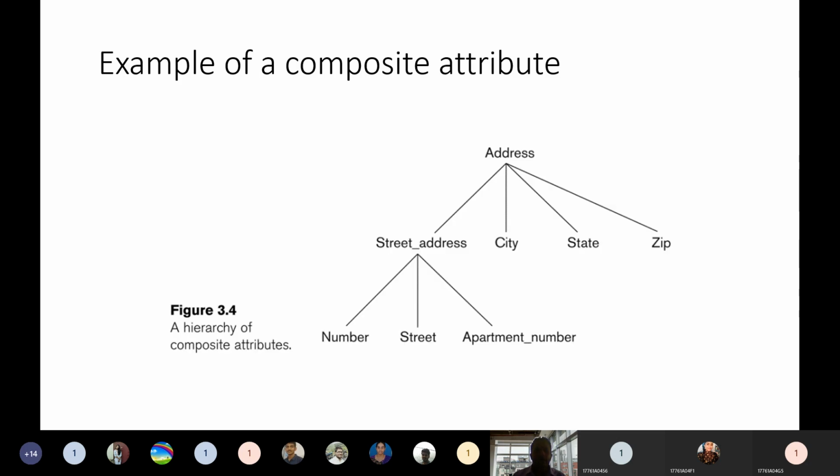So if you look at an example for a composite attribute, address is an example. In composite attributes, there is a hierarchy. That is what we have to look at. Address, if we take street address, is again subdivided. Street address is one attribute, but it can be obtained by taking data from different attributes, again different simple attributes. So that is the composite attribute diagram.